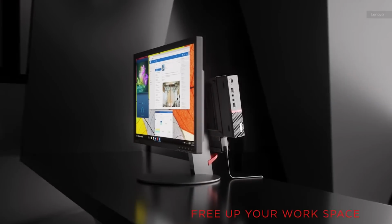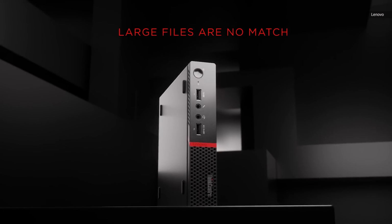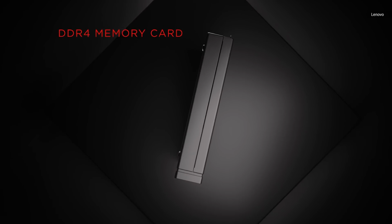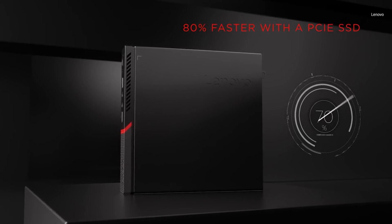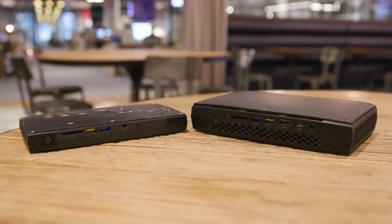So, who is the system for? Well, if you don't care about operating system, there are compelling Mini PC alternatives. If you just want a basic computer, Lenovo's ThinkCentre can get you a cheaper machine with a worse processor but more built-in storage, or Intel's Hades Canyon NUCs can give you solid graphics performance, though those aren't strictly plug and